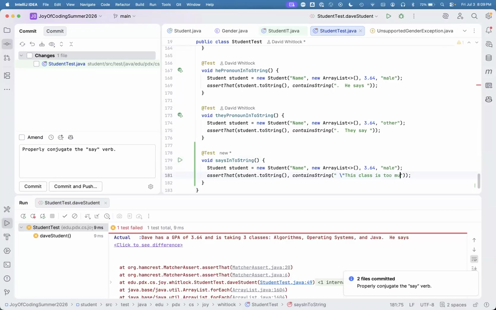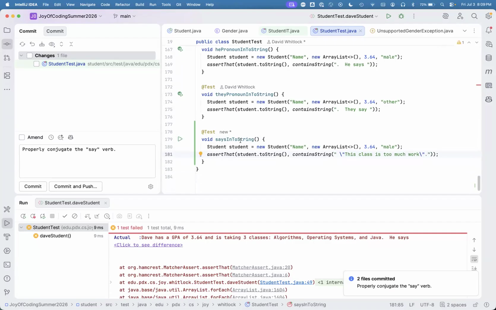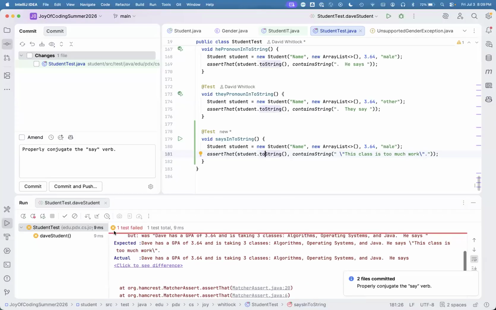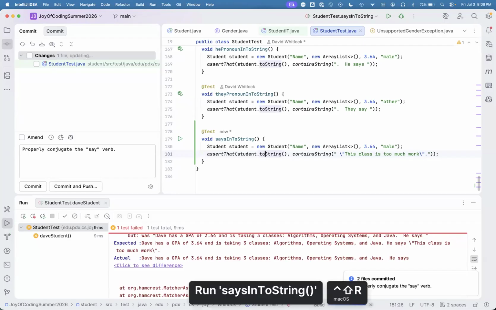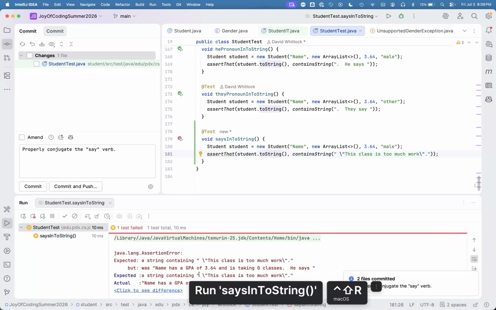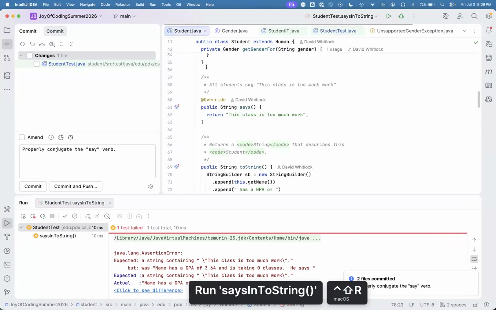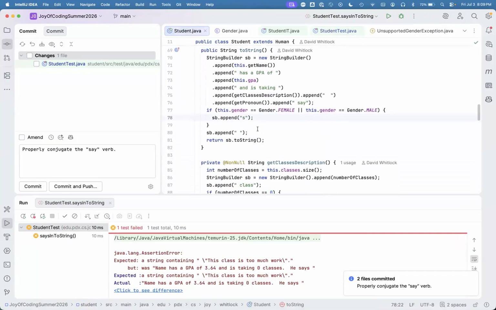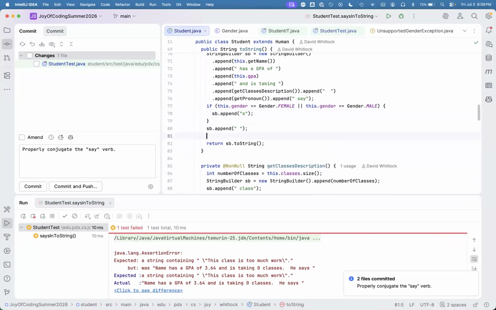I think that's right. Well, I can find out right here. Let's see here. He says, oops, this class is too much work. Yep. Okay. I think that's good. Yep. It's not there yet. Where's that toString method? There you go. Great. Says, and then,